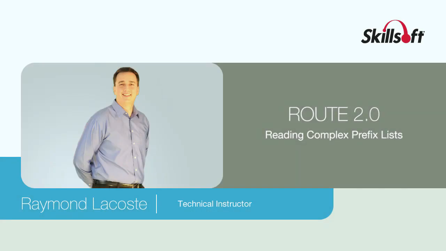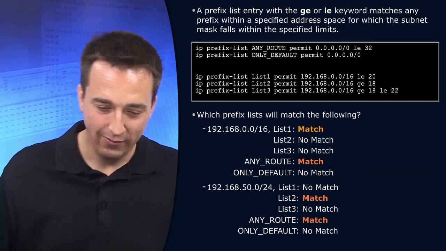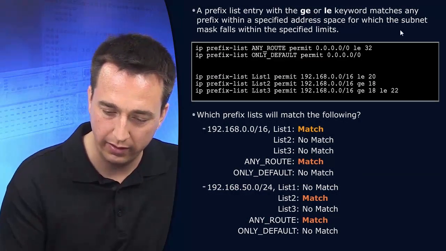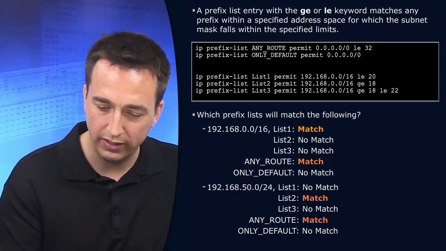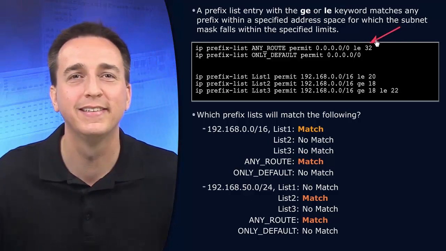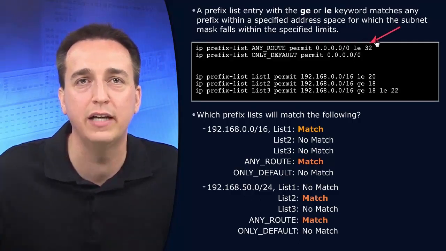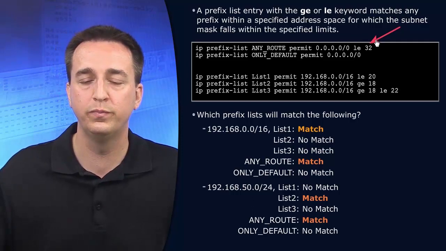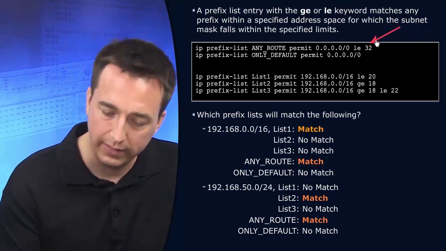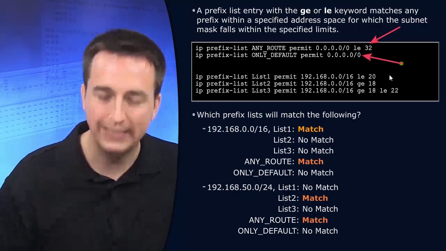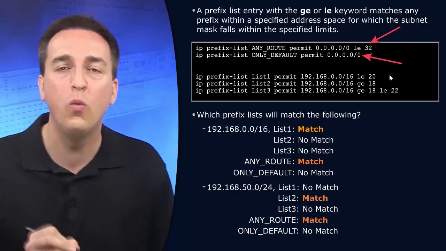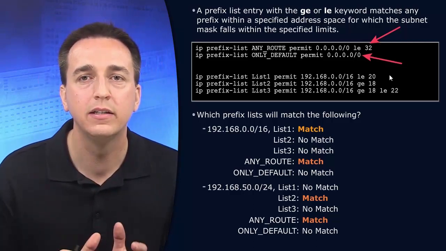Let's look at the prefix list called any route. When I look at the prefix list called any route up here, that looks very interesting. 0.0.0.0/0 less than or equal to 32. Now, what does this mean, folks, right here? This one, 0.0.0.0/0. What does that mean? It means